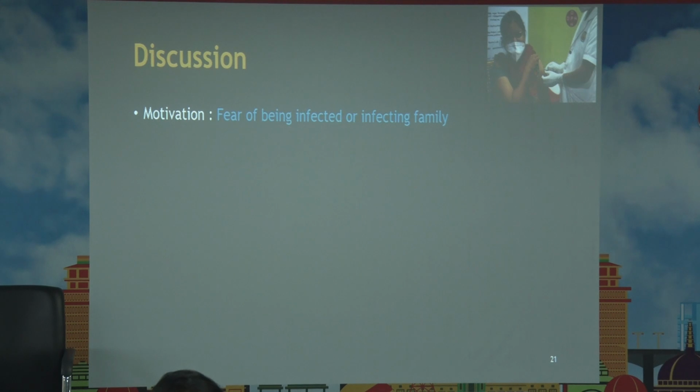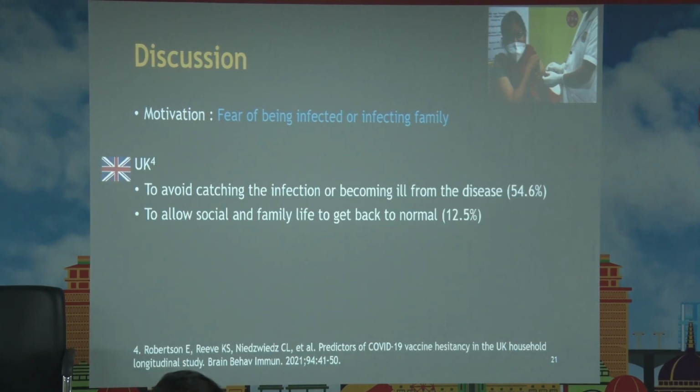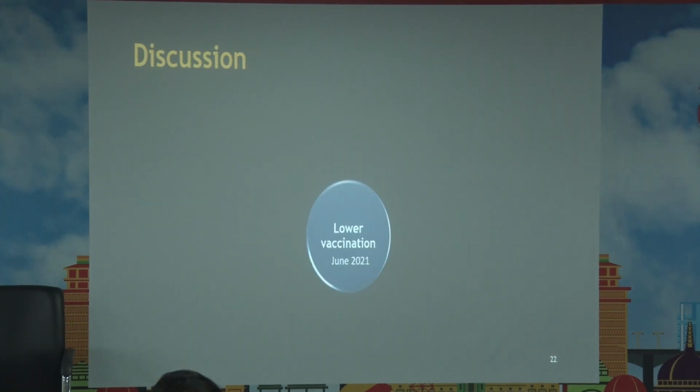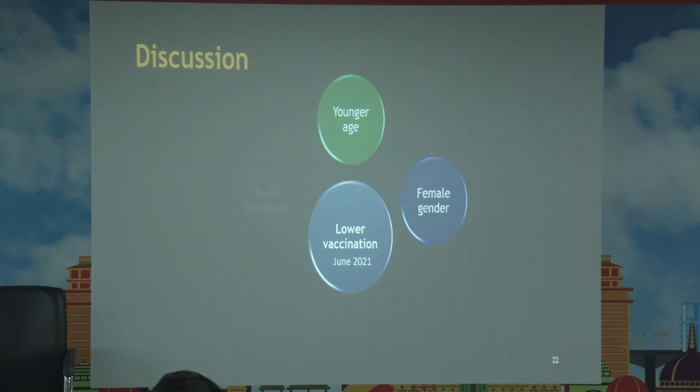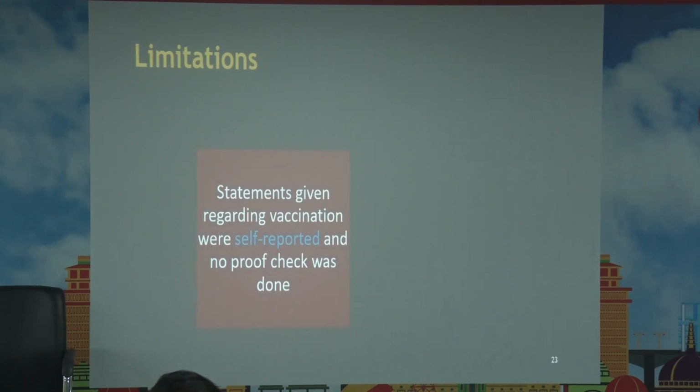The most important motivational factor was the fear of getting infected or infecting any of the family members, and similar results have been published from the United Kingdom as well. So we found that lower vaccination rates were associated with younger age, female gender, rural residents, lower income, and lower educational background. The limitations of our study were that the statements given by the patients were self-reported,